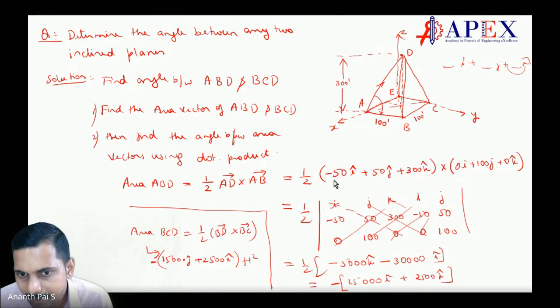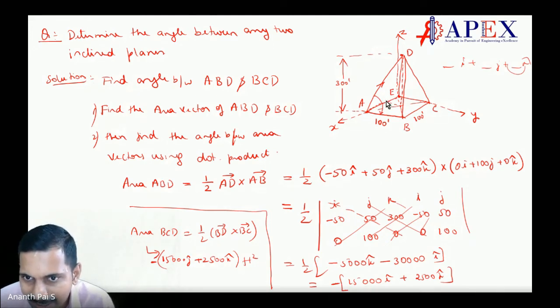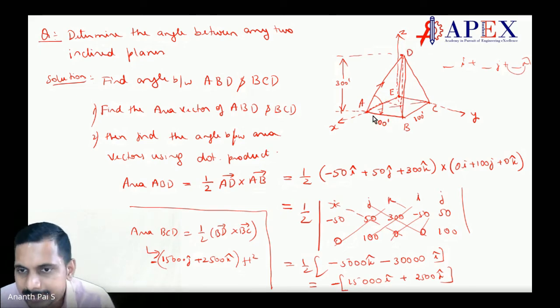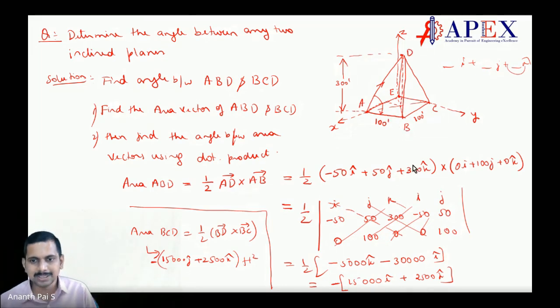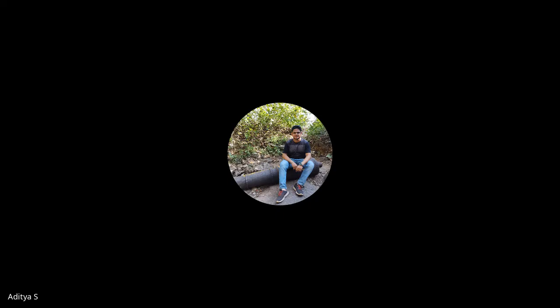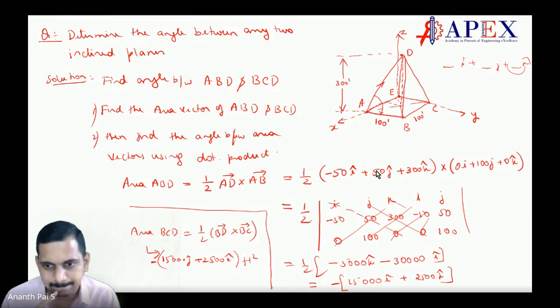But here, you go first in this direction because roads are only in the X direction, Y direction, Z direction. Or you may say, sir, can I go first 50J, then minus 50I and plus 300K? Yes, you can go that way. That is just simply interchanging the order. Make sense? Similar way, you can find out the other ones also. Clear? Yes, sir.